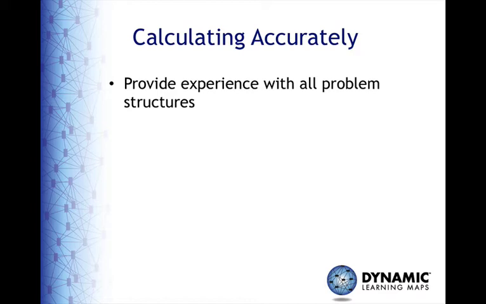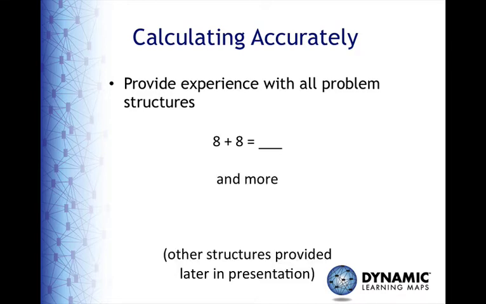In the past, we have typically taught students with significant cognitive disabilities one addition structure: a number plus a number equals an unknown. But there are actually several mathematical structures that students should have experience with in order to promote flexibility of thinking about numbers and amounts. And these structures actually help them learn the next skill and understanding, which is properties of operations.